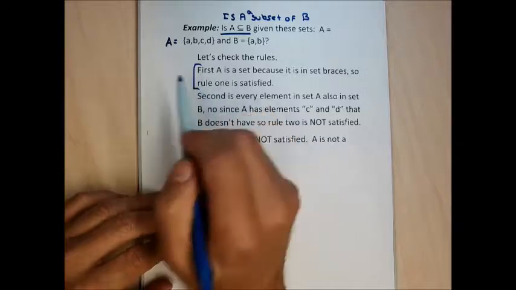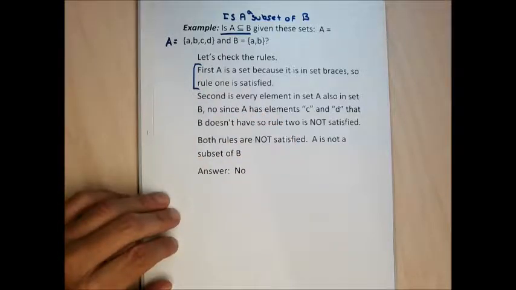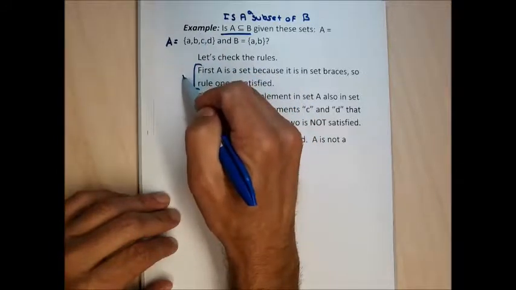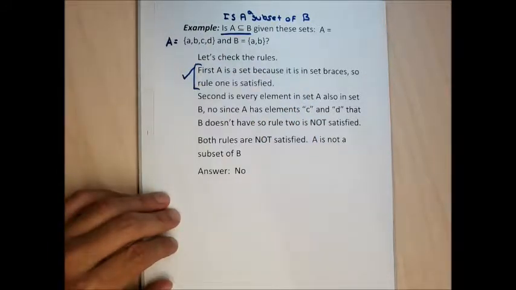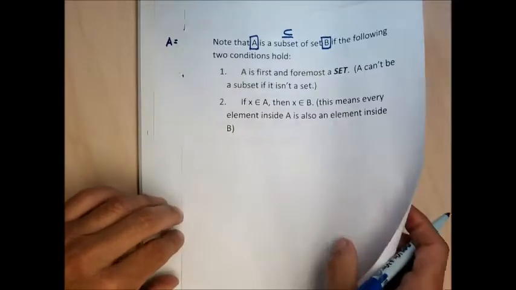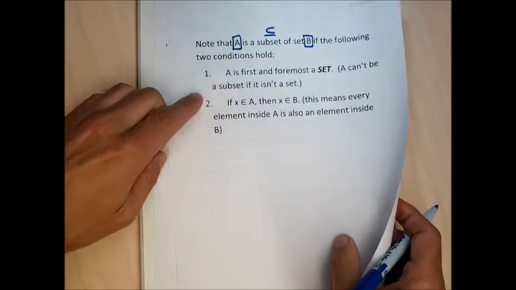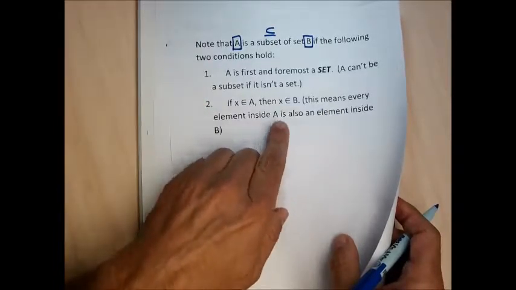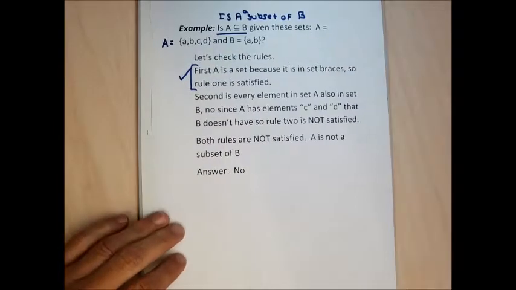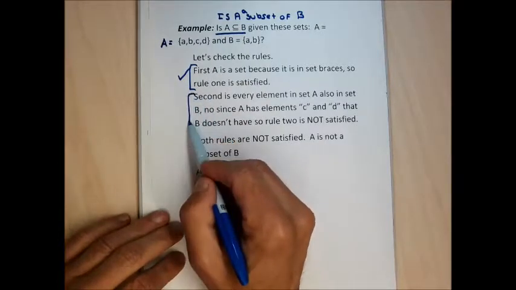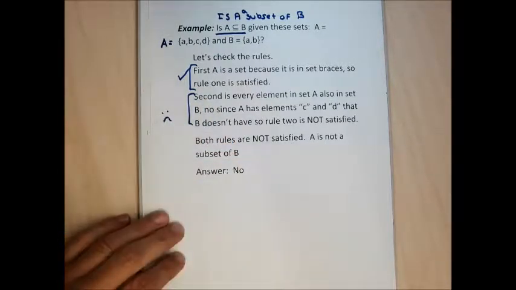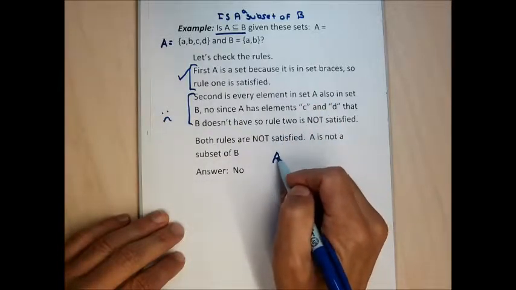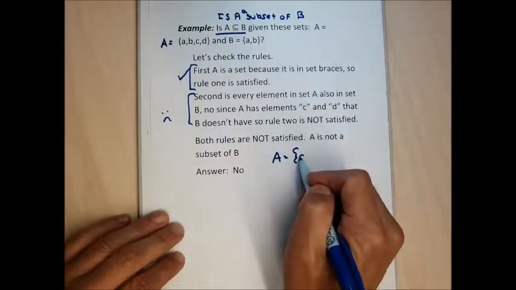The first criteria: A has to be a set, and it's real easy to be a set. If you're in set braces, you're a set. So A is a set, so it satisfies the first of the two criteria for A to be a subset of B. The second criteria means every element in A is also an element in B. Unfortunately, the second one is not going to be satisfied, because if I look at the set A, which has the letters A, B, C, and D,